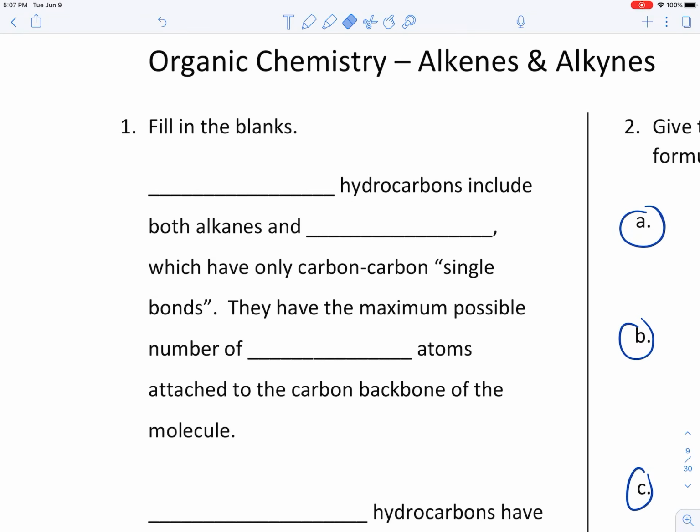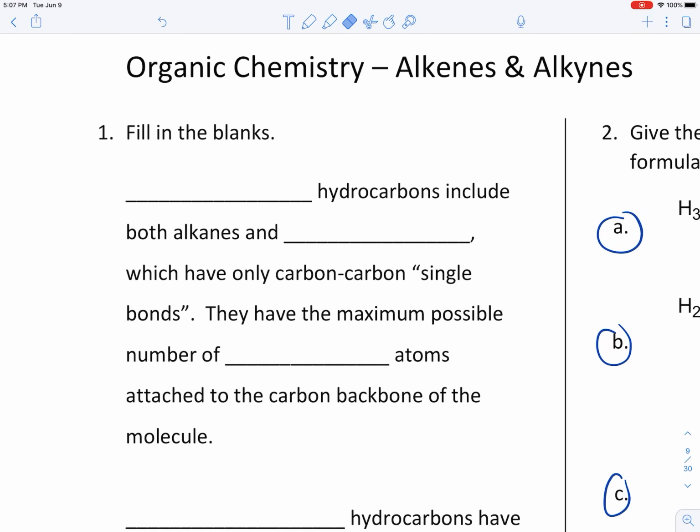Alright, in today's video we're going to take a quick look at how to do some nomenclature with alkenes and alkynes, two different types of hydrocarbons. Let's begin with some fill-in-the-blanks questions. If you want to try looking at the fill-in-the-blanks and doing it yourself first, that'd be awesome. So the first one,